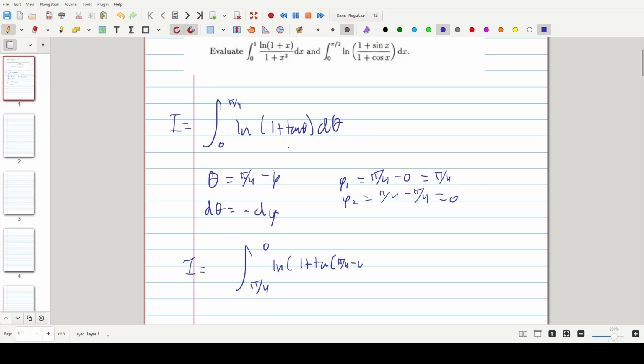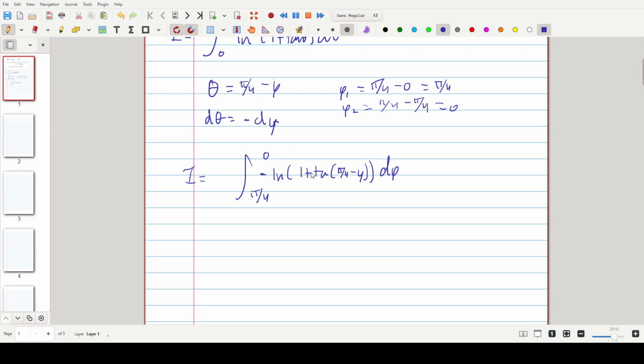(pi over 4 minus phi)) d phi, and also there's a negative over here. So we can bring this negative out of the integral, and then also because we have a negative here, we just swap the bounds. So you can rewrite this as going from 0 to pi over 4 of ln(1 plus tan(pi over 4 minus phi))